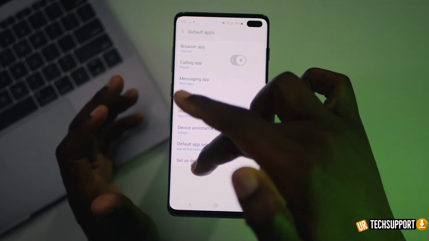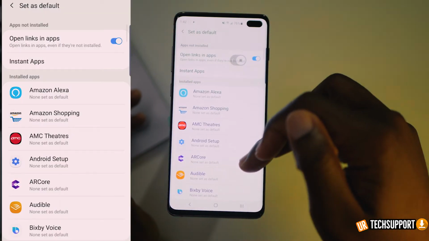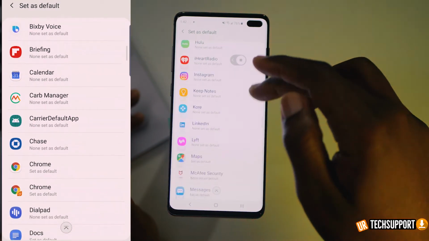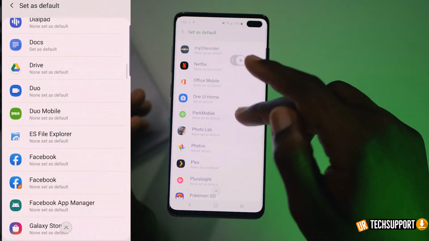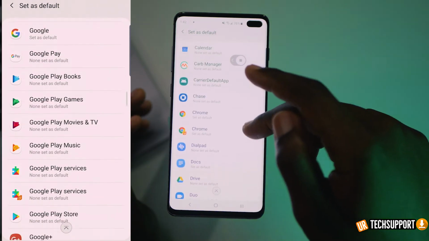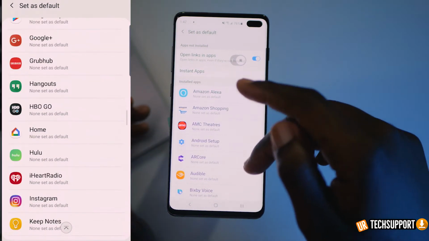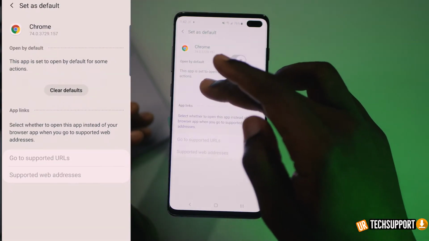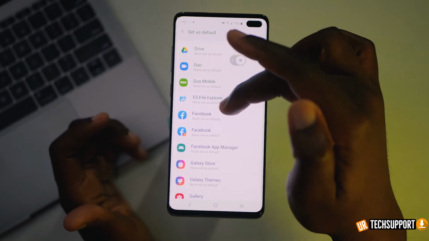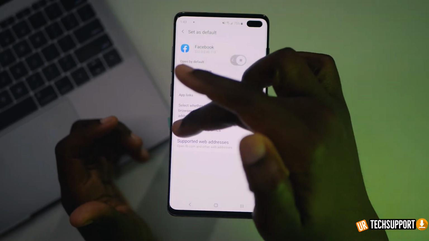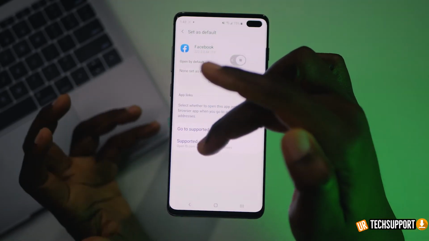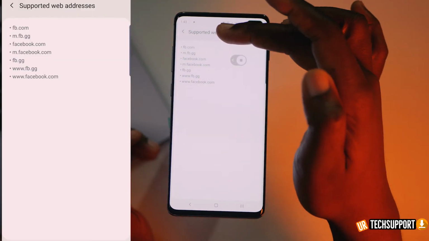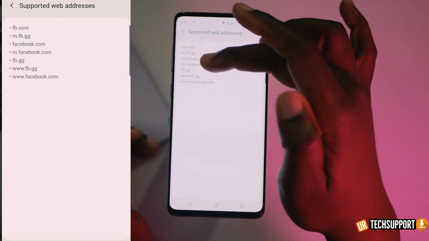At the very bottom, you have the set as default option. What this does is bring you into a list of all your applications. This is everything that's currently installed on your phone as an application. If you want to get a little more granular with it, you can go through, pick an application and clear the default. Or in a case like Facebook, I can go in and add supported URLs. For instance, if I was ever to click on facebook.com or fb.com or any of these URLs that are listed here,